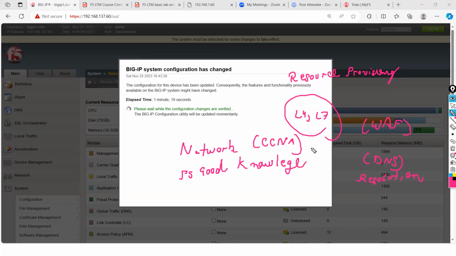So networking basics, you will not spend much time. I will be covering basics like VLAN and all, but my main focus will be on F5 product that is called LTM. And you will be able to clear 101, 201, and 301 exam after this.